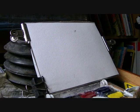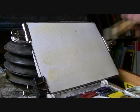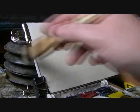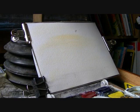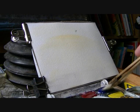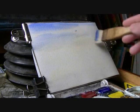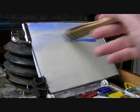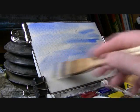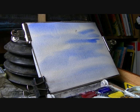I'm going to go into raw sienna. Clean the brush. And then ultramarine. Again, just leaving little gaps where the clouds are. I'm just going to bring that right down into the foreground. That's just a very simple sky. I'm going to clean the brush again,